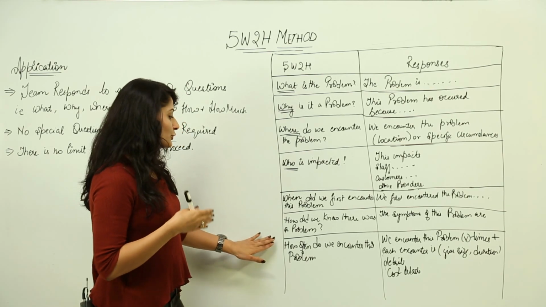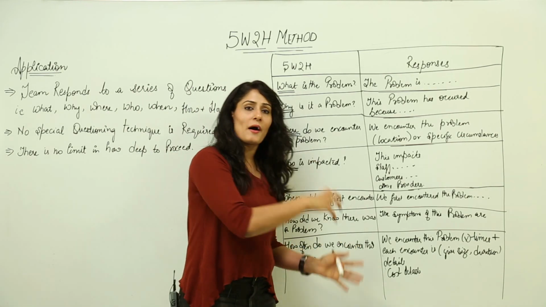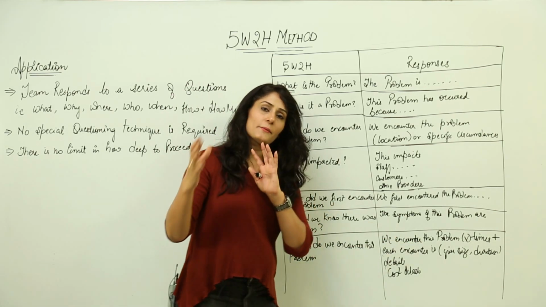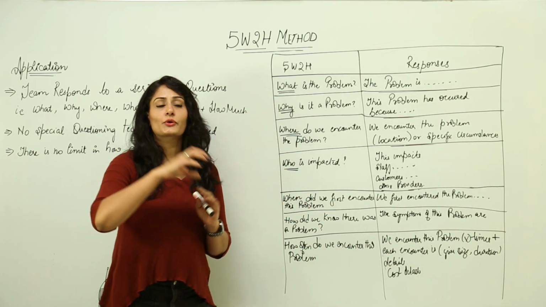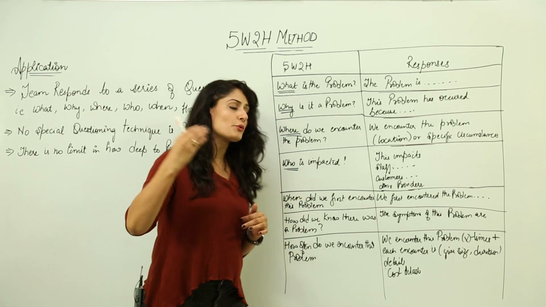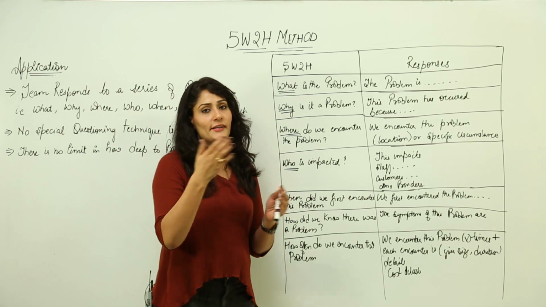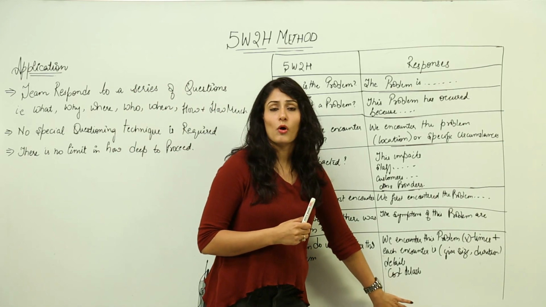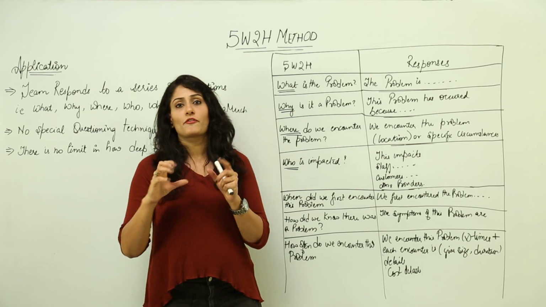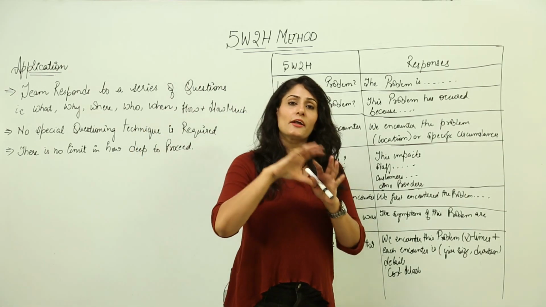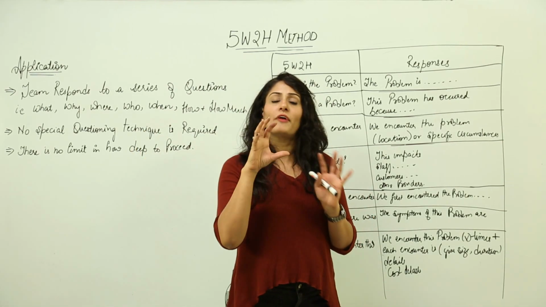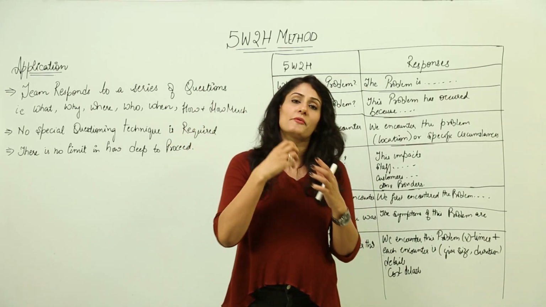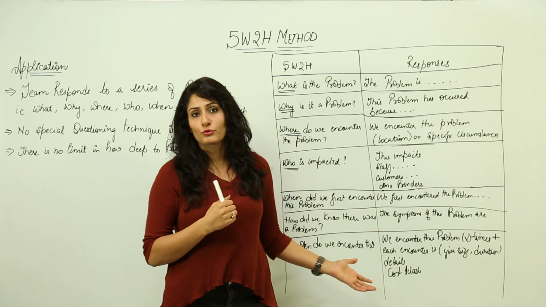And then how often do we encounter this problem, or the cost part, is answered over here. So we encounter the problem x number of times, that is the frequency, or you can tell the time period, what was the duration of the time, whether it has worsened or it has become better, or the cost associated. All this information is given in this block. So the basic objective of using this tool is to find out the root causes, and not only that, but also to figure out what kind of corrective and preventive measures you can try to fix these root causes.